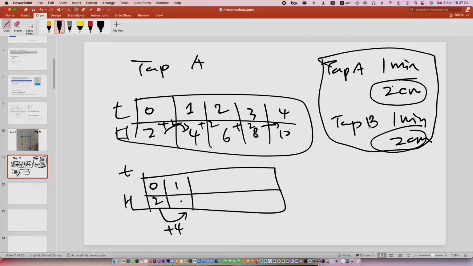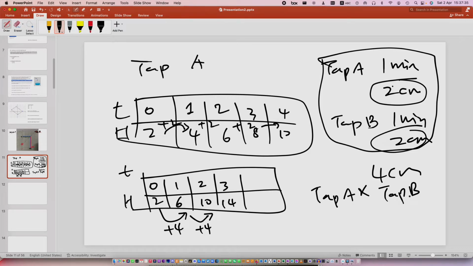So you get 6. So another 1 minute, another 4 cm. So 10. Yeah, then 14. Okay, good enough. Okay, I'm not going to do all. So now you need to label. So basically, this table is for tap A and